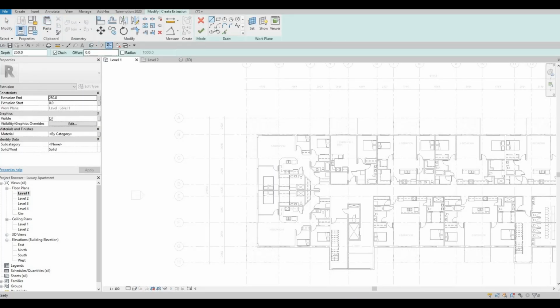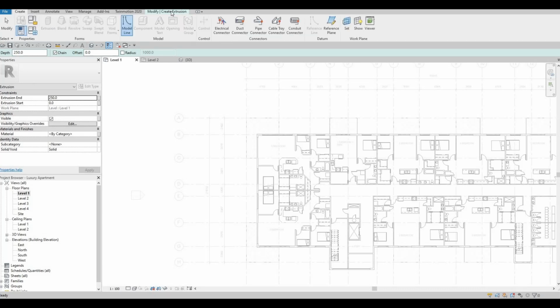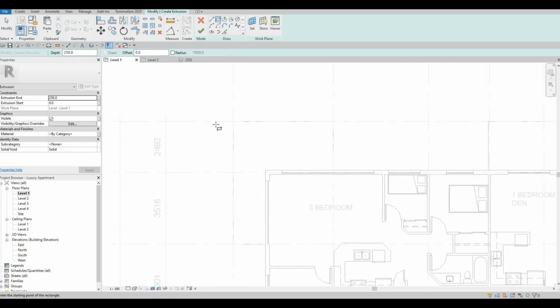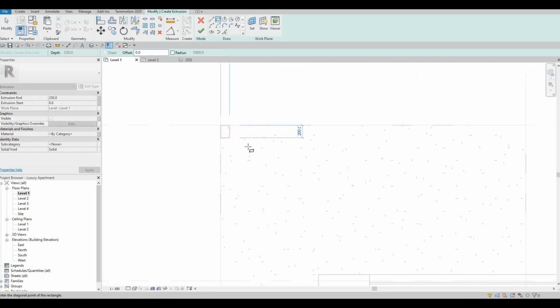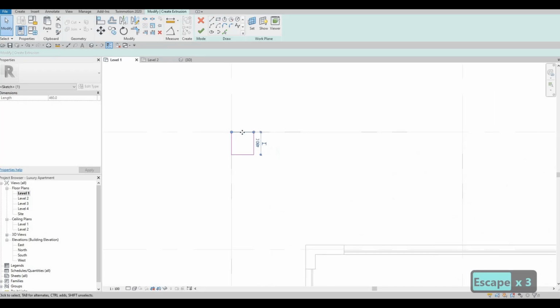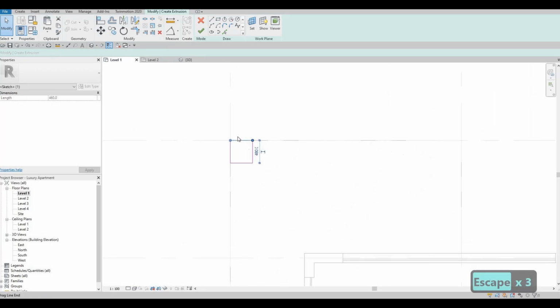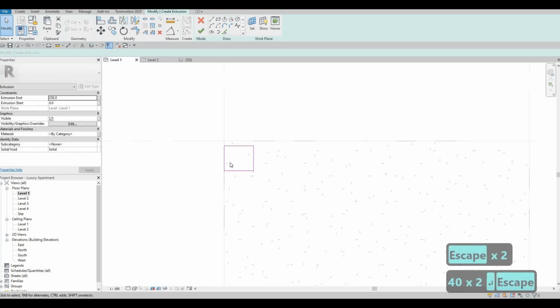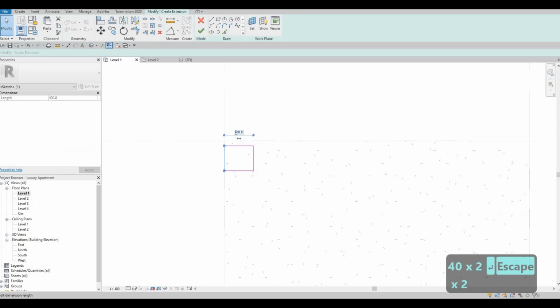And I'm going to do an extrusion and then click on rectangle. The reason that I'm using extrusion is so that we can basically manipulate it. So it's easier to manipulate instead of using a different one. So what I'm going to do is I'm going to put 400 by 400